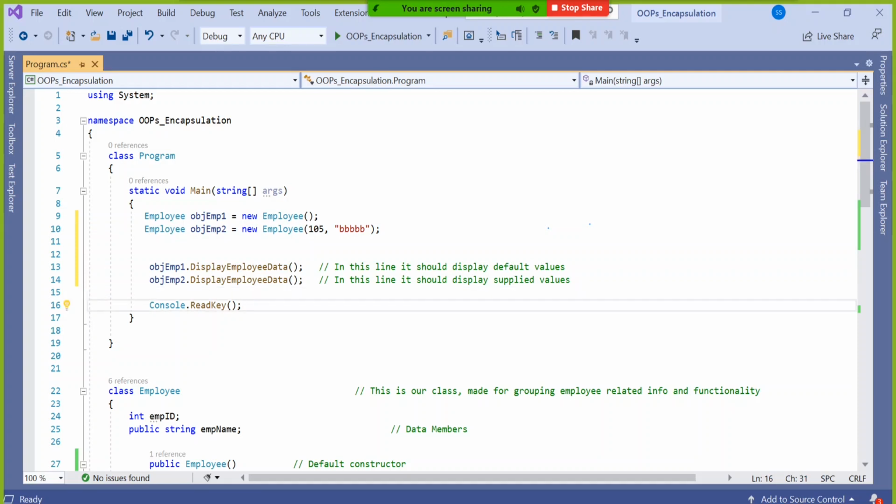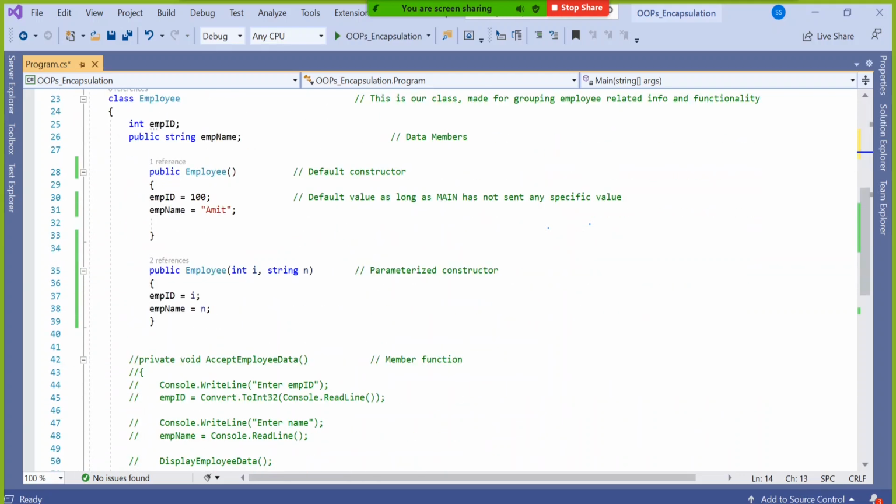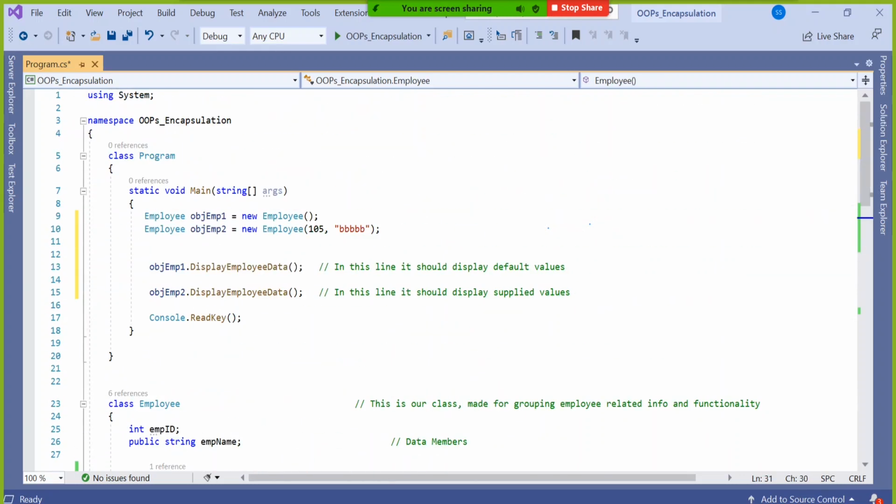So here I said for the second employee it is mandatory to enter, so I gave the supplied value while creating the object. But for the first employee, understand that is the CEO of the company. We thought that okay, we might have given a default value, that CEO name and CEO employee ID. So if somebody is not entering, we will take it as that administration-level guy. So we will not make it mandatory for that guy. So let's see whether what we are understanding is happening that way or not.